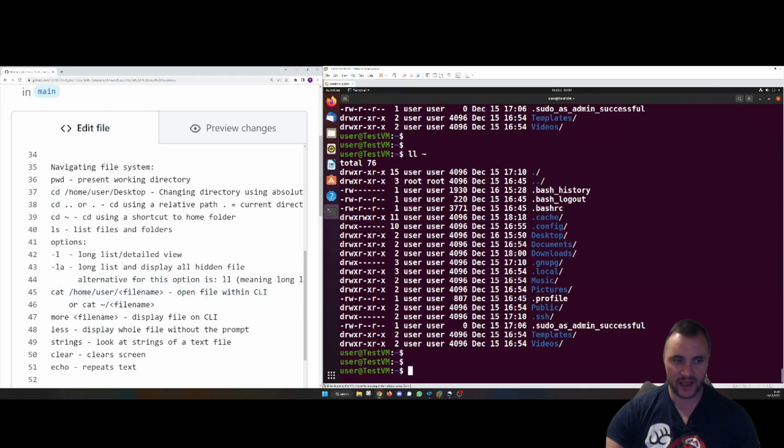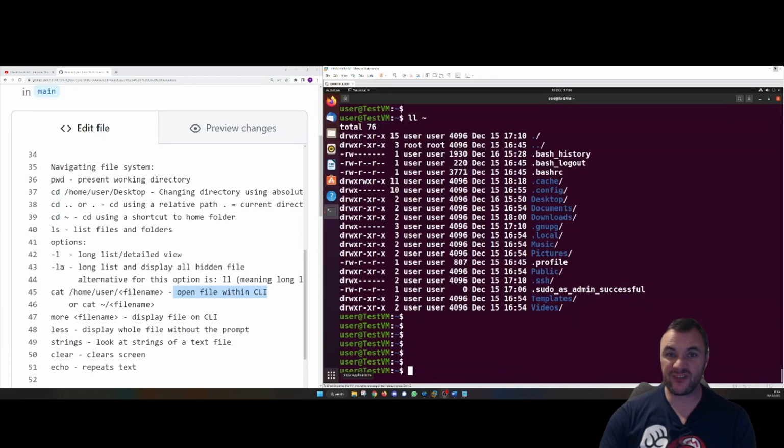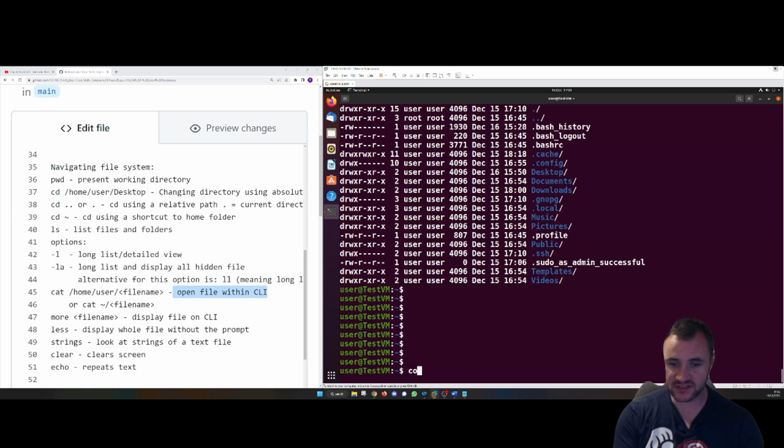But let's talk about files now. What I want to do is cat files. We can open files within the CLI. So what we're going to do is open this bash history file. Let's look at opening a text document on the command line interface. What we can use initially is cat. That opens the file. Cat, and we're going to open up the bash history with the dot in front of it,